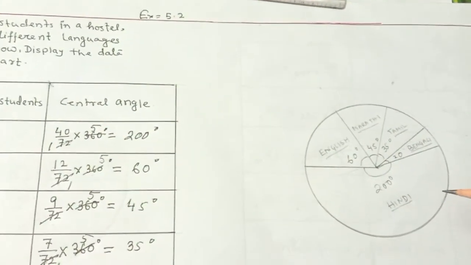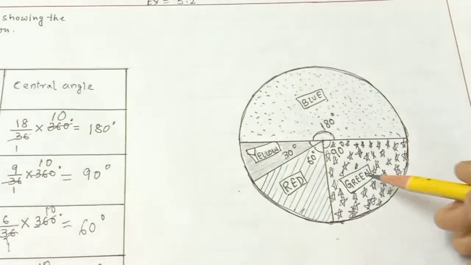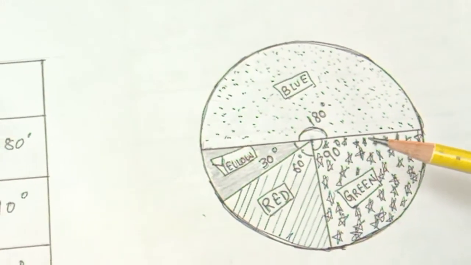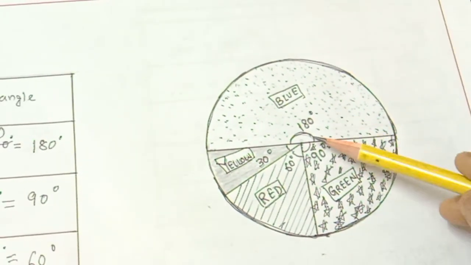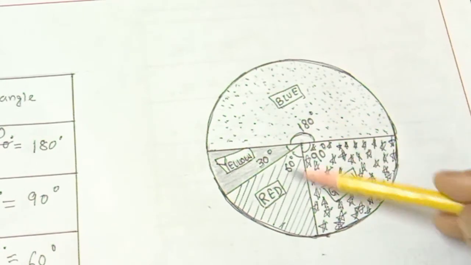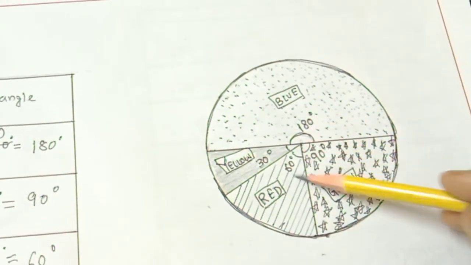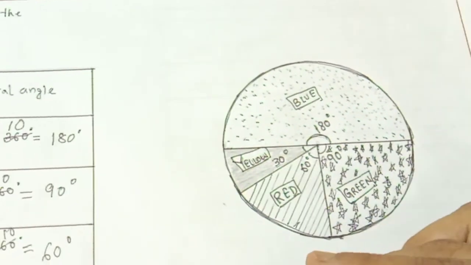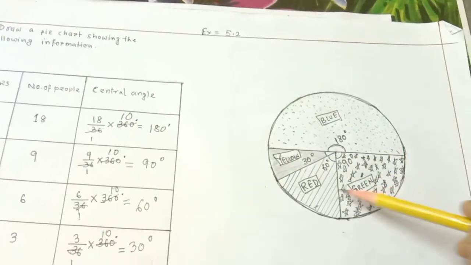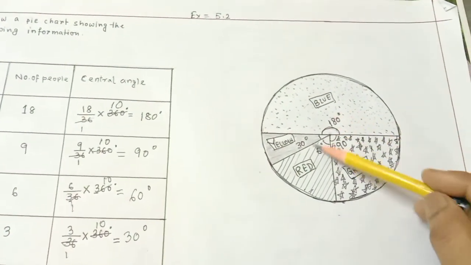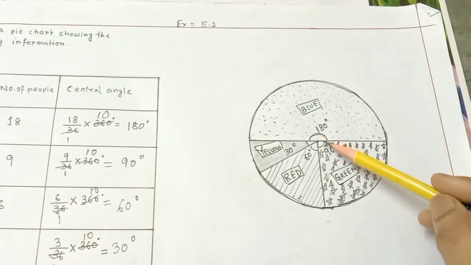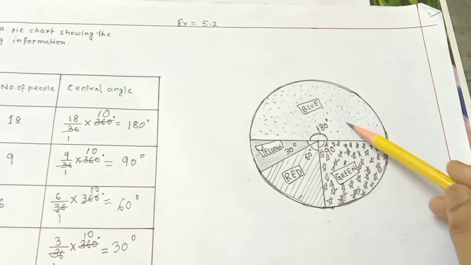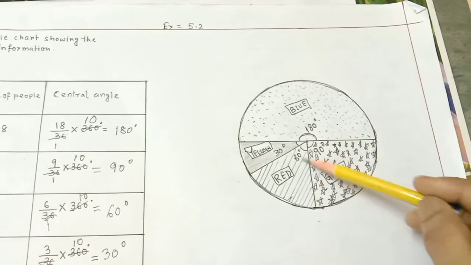And if you want to make this kind of design, it is optional. If you have time after completing the pie chart, then you can draw this kind of design. Here in question number 3, yellow, blue, green, red colors preferred by the number of people, the pie chart was representing this only. So this one I have given in this way. It is not necessary for you to do. It is optional. If you want to do it, you can do it.